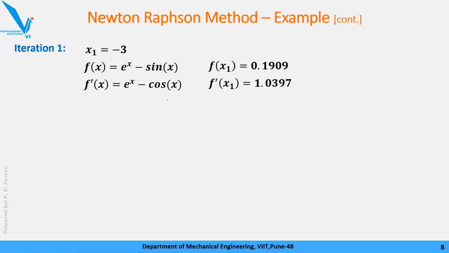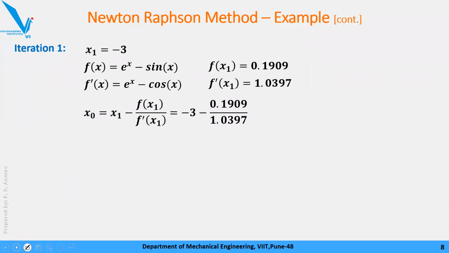Okay, now based on this value, why we have copied this? Because this data is required for Newton-Raphson का formula. Okay, so Newton-Raphson का formula क्या है? ये वाला. So for iteration number 1, I'll get the root x0 equals x1 minus f of x1 divided by f dash of x1. I'll put all this data, all values in this equation. I'll get some value of x0. Now here I got the value x0 equal to -3.1836.